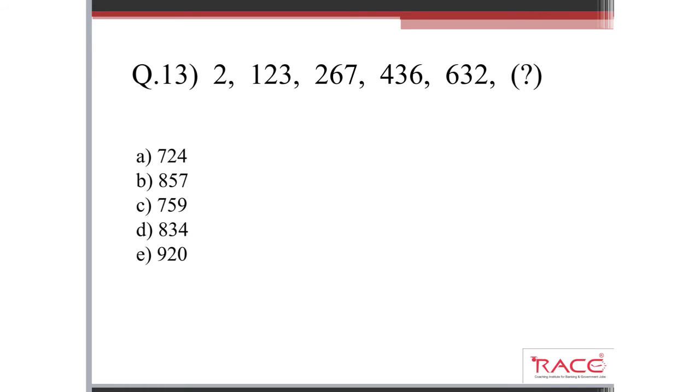This is our question number 13, and again very easy question. Just find out the difference. So first difference is 121. Again square value. Next will definitely be a square value. So 4, 4, 1. So it is 12 square. Next it will be 169, 196, 225. So 5 to 7.